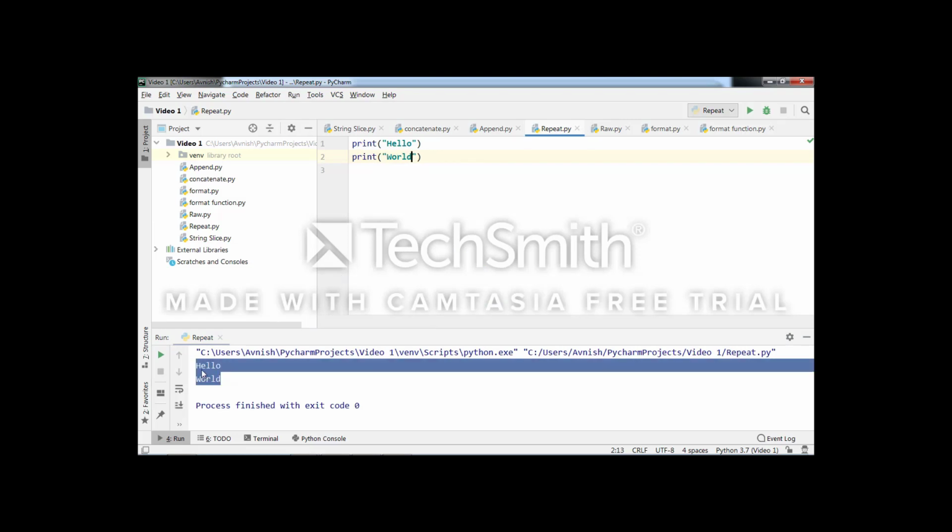The output is printed, but see, the output is on two separate lines.